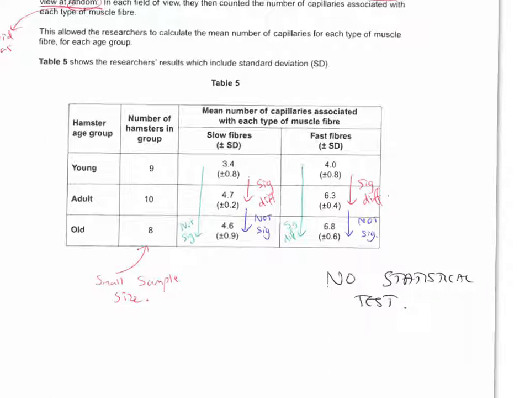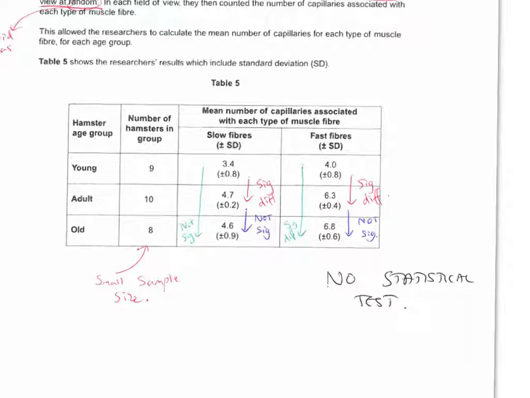Let's compare adult to old then. As the animals get even older, there's then not a significant difference for both slow and fast muscle fibres because the standard deviations overlap there, and the standard deviations will overlap here. So there's no significant difference for both slow and fast between adult and old. And the last thing we can say, if you compare young with old, we can see that there is not a significant difference